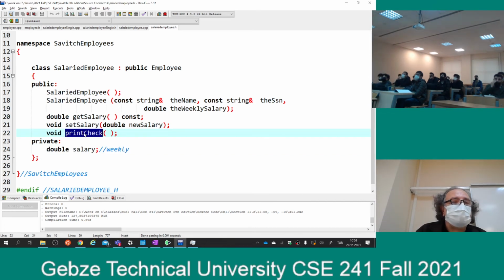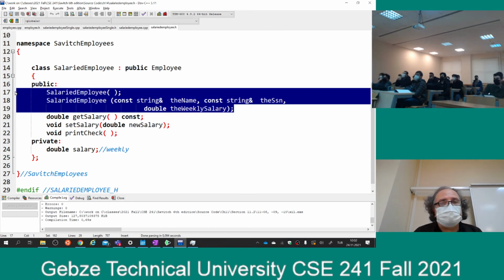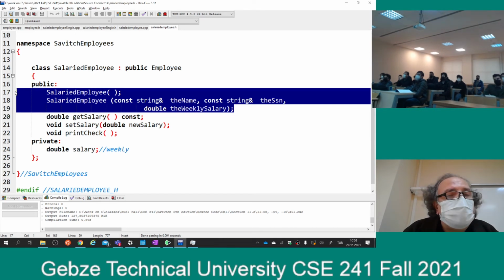And I don't like how the print check works. I am going to change it. Of course, I need to define these two constructors. So that's it. In a way, I am writing a new class on top of class employee. Class employee is a different class. I am saying that as a salaried employee, I am the same as class employee, but I have some differences. I have some additions. I am inheriting